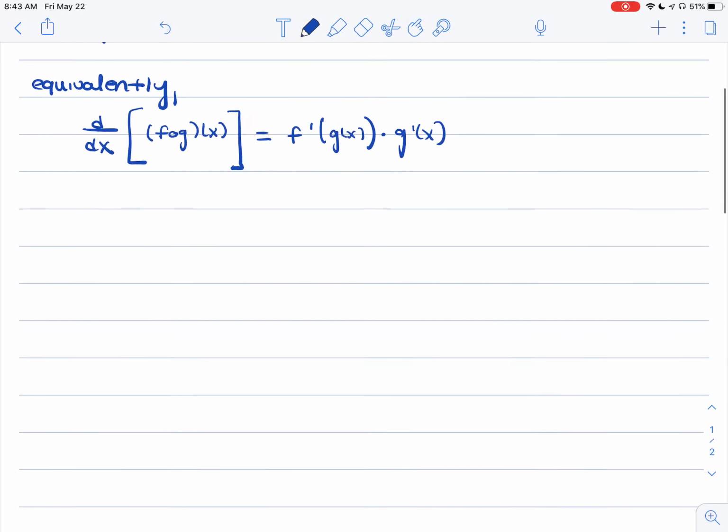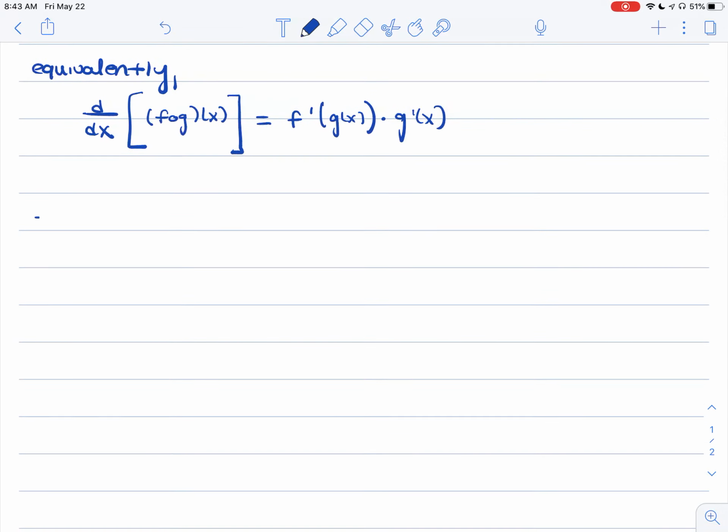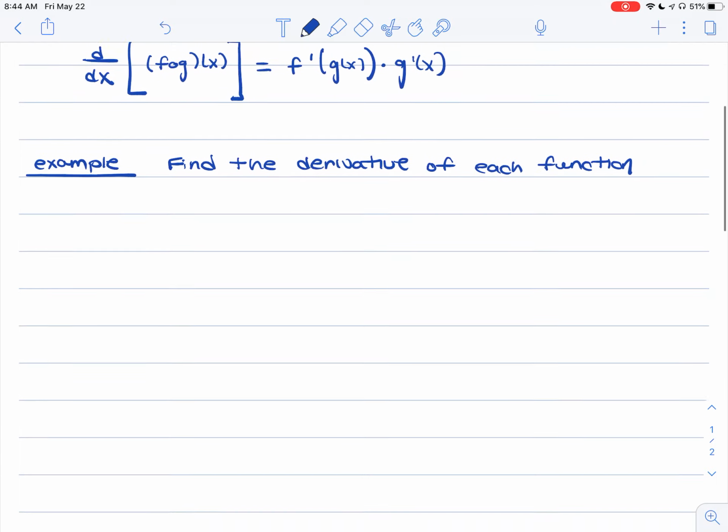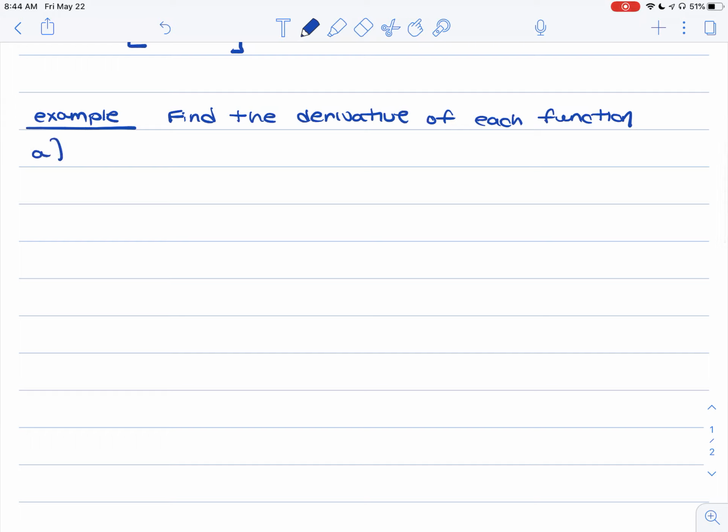Now, of course, all of these rules make a lot more sense when you see them applied to an example. Well, let's look at some examples. And we're going to find the derivative of each function. Okay, let's start with y is equal to the square root of the quantity x squared plus 1. Okay, so in this case, the square root is the outside function, and then x squared plus 1 is the